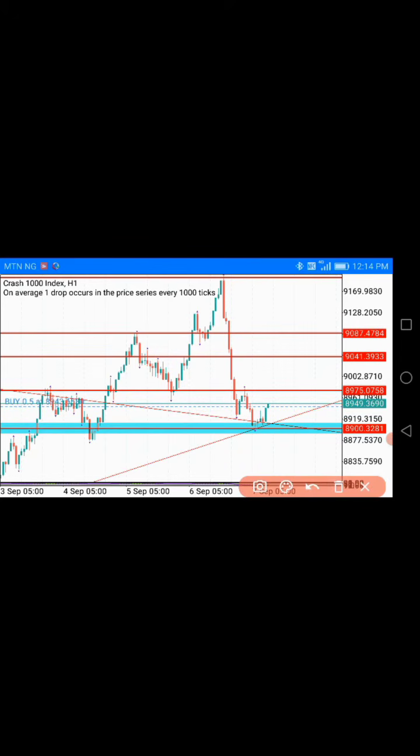All right guys, so this is a high probability trade. So where are you going to place your stop loss? You're going to place your stop loss just beneath this place, and then this trade can go up to this very point. So this is one of the ways, and in fact, this is one of the most profitable